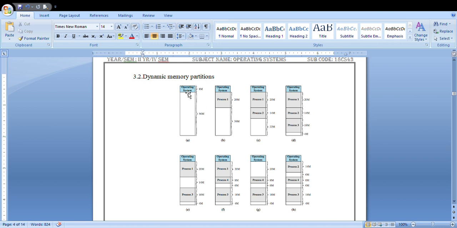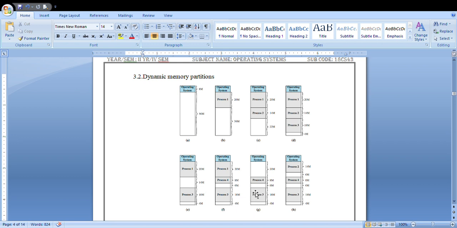First is the operating system which is loaded to your memory. Apart from that, the rest of the memory location consists of 56 MB. So that 56 MB will be divided. First process consists of 20 MB and the rest is 35 MB. But what happens in the dynamic memory partition, your process 2, how much space is it required? It is nothing but 14 MB. It is divided into 14 MB for the second process. There is no constant partition of your memory location. That is what it explains.